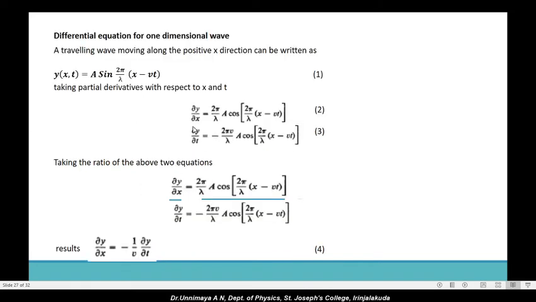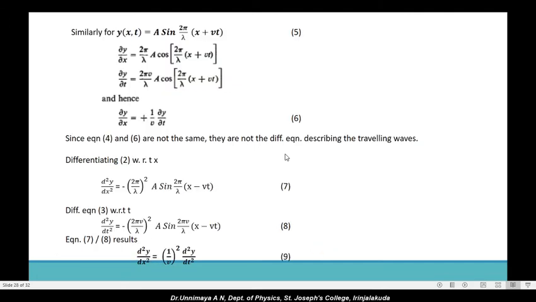Similarly differentiate dou y by dou t with respect to t. അപ്പോൾ നമുക്ക് എന്ത് കിട്ടും? മൈനസ് 2 pi v by lambda a. അവിടെ നിർത്തുക, കോൺസ്റ്റന്റ് ടേമിനോട് നിർത്തുക. ഇനി കോസിനെ ഡിഫറൻഷിയേറ്റ് ചെയ്യുമ്പോൾ മൈനസ് സൈൻ, ആ മൈനസും ഈ മൈനസും കൂടി എന്തായി? പ്ലസ് ആയി മാറും. അവിടെ പ്ലസ് ആയി മാറി. ഇനി സൈൻ 2 pi by lambda x മൈനസ് vt. ഇനി വിയുടെ കോഎഫിഷ്യൻ്റ് എടുക്കുക. എന്ത് വരും നിങ്ങൾക്ക്? അപ്പോൾ മൈനസ് 2 pi v by lambda വരും. സോ ഒരു മൈനസ് വരും. 2 pi v by lambda whole square a sin 2 pi by lambda x minus